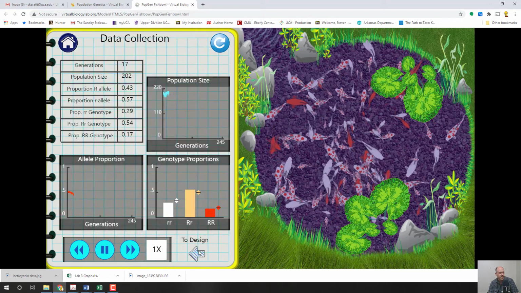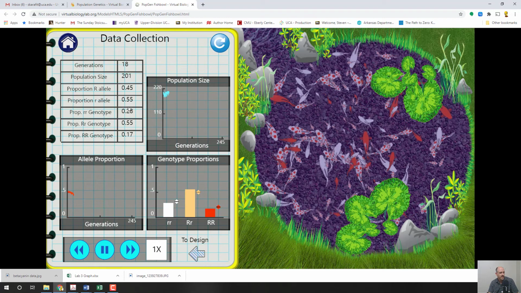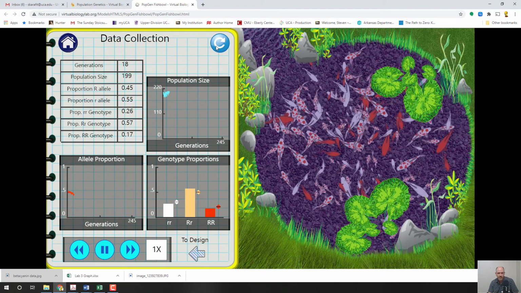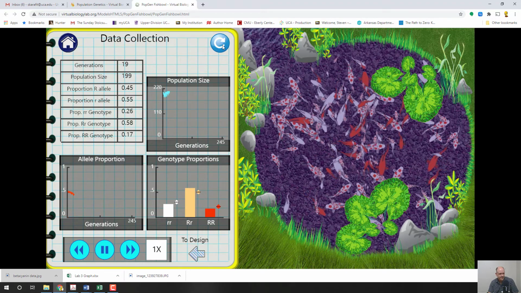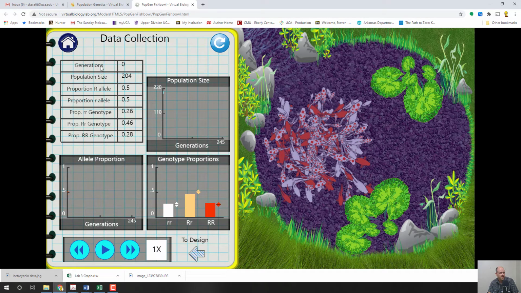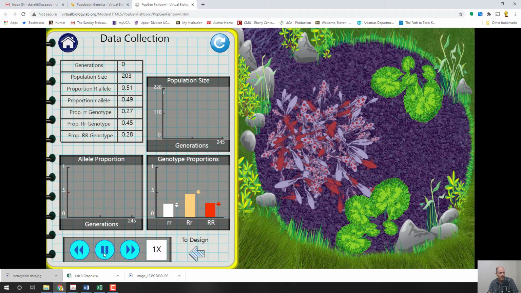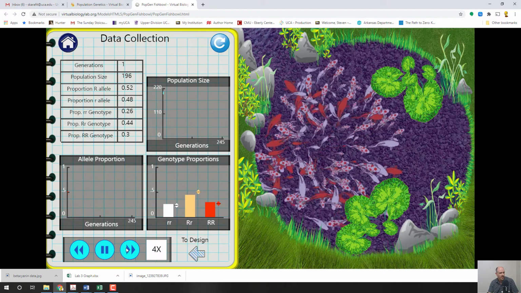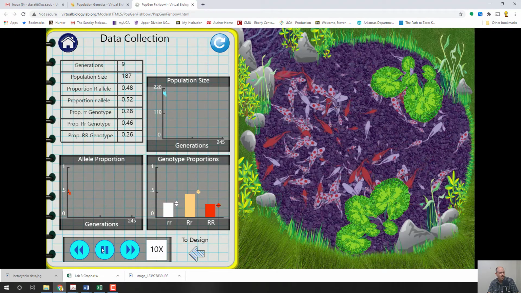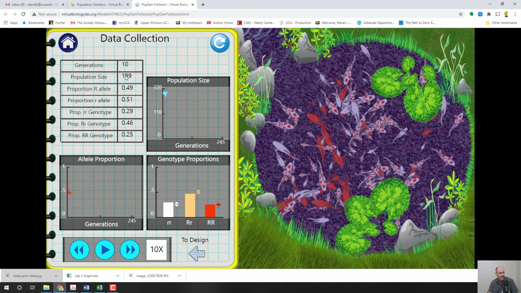When you click on Go Data, you can see the populations changing. And what you would want to do is record the first generation's worth of data. So to do that, you click the reset button, which resets you to generation 0. And then you hit pause right away, and record this information on your data sheet. Then you would hit play, and fast forward to like 10 times normal speed until this gets to generation 50. Once it does, you would pause it, and record that new set of information